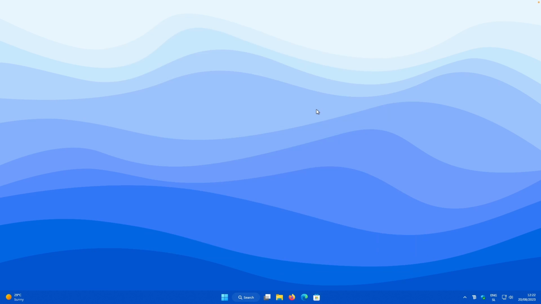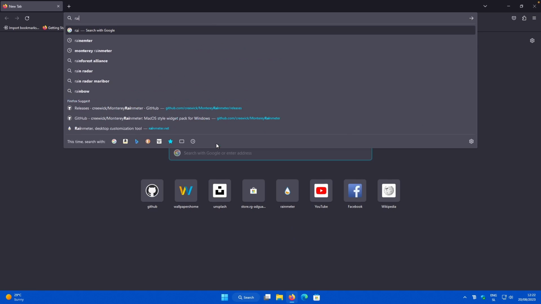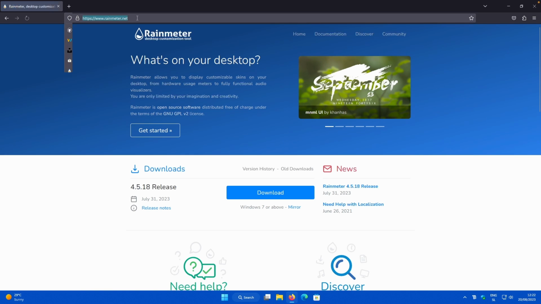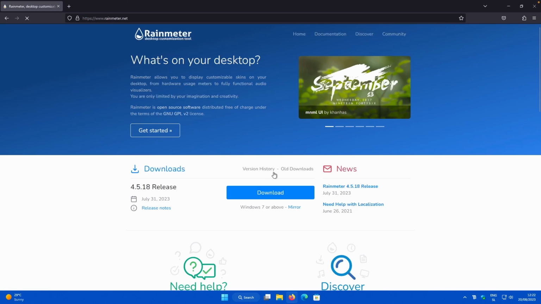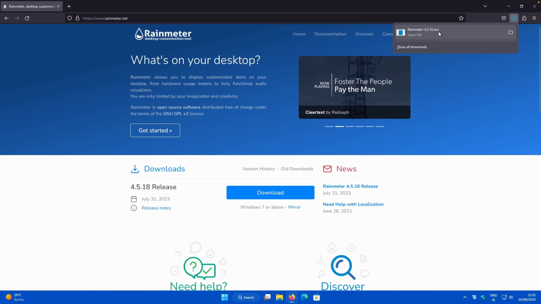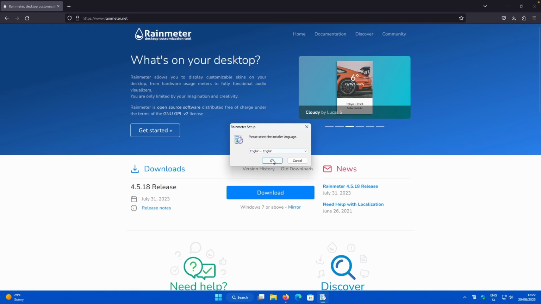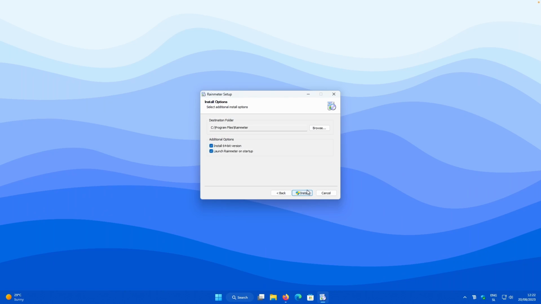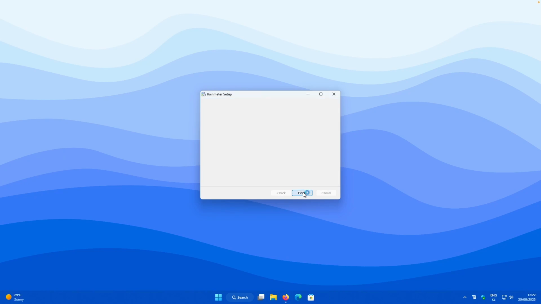And right now let's install a few widgets on our desktop by using Rainmeter. So let's open your web browser and search for Rainmeter, press enter, and go to this website, which I will also link in the video description down below. Click on this blue download button, and once you have this exe file, click on it, and this should open the Rainmeter setup file. Click on OK, click on Next, click on Install, leave checked Run Rainmeter, and here select